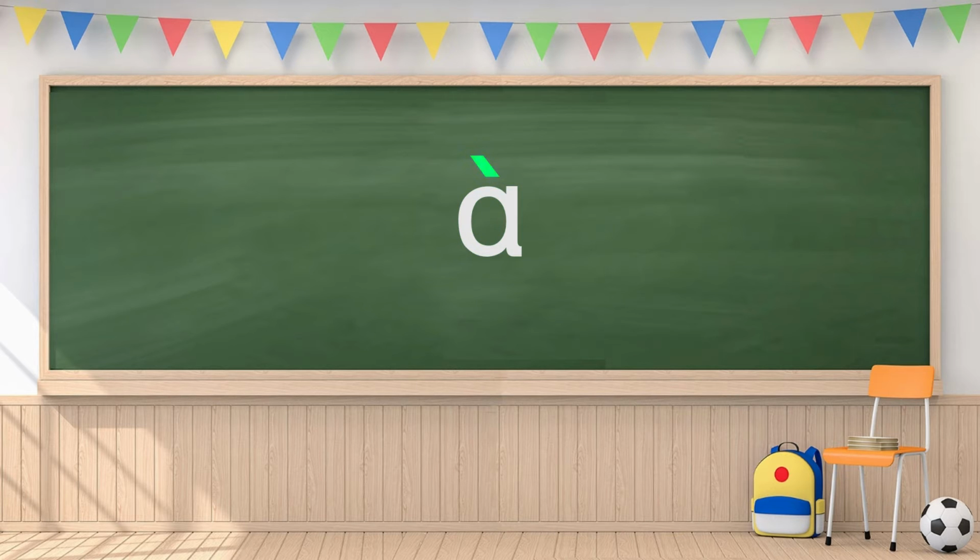Now let's see the fourth tone, which is called falling tone or high falling tone, and it is pronounced as A. Let's say it 3 times. A, A, A. As you heard, it sounds a bit descending, or say falling, so it is labeled by a symbol similar to a grave accent, suggesting the tone is falling during the pronunciation process.